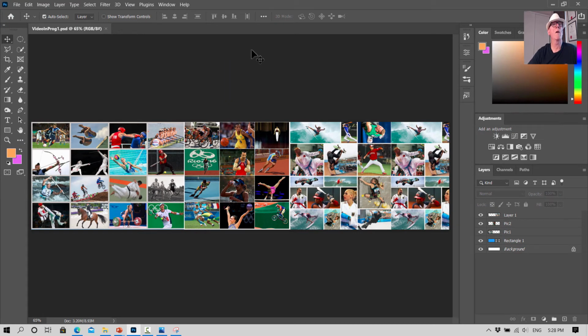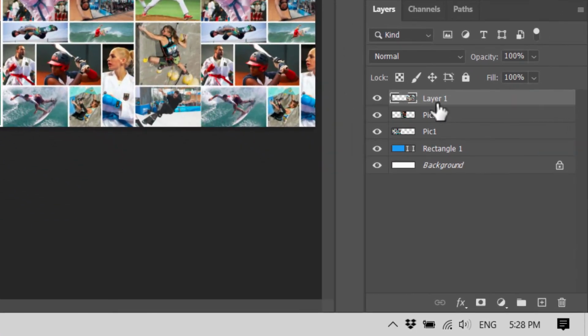So let's see where we're up to here. Now, what we need to do next is merge all these layers together. We'll click on this one here. If we go to the layers panel, double click on that one, because that needs to be pic 3. Now before we put the writing on the top, if we don't merge them together, when we do the clipping mask to punch through the stencil later on, it'll only do it on this image and it won't do it on all of them. So you get on your first one and click it to have it selected, then hold down the shift key